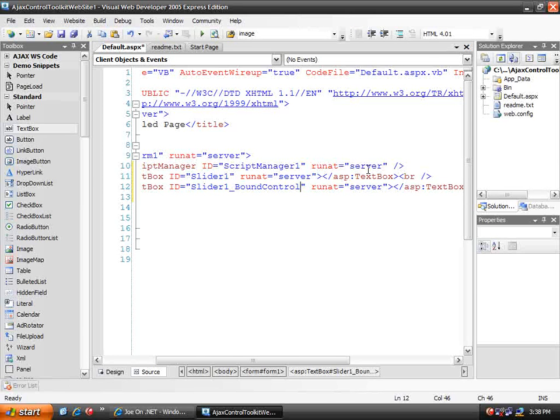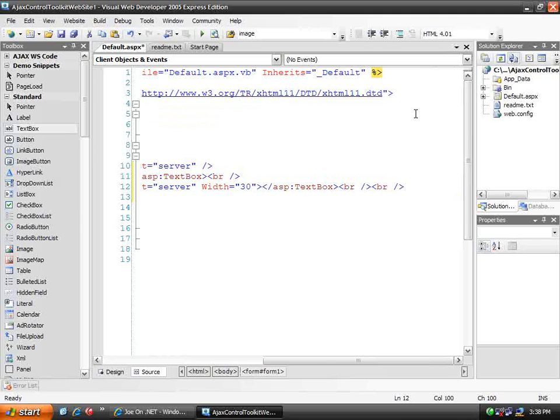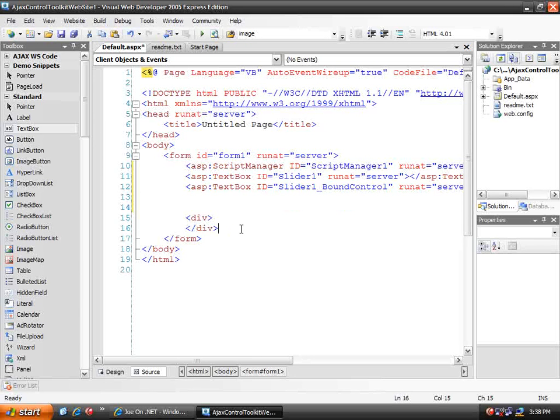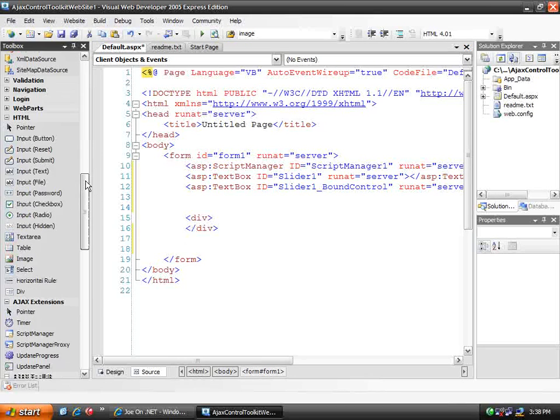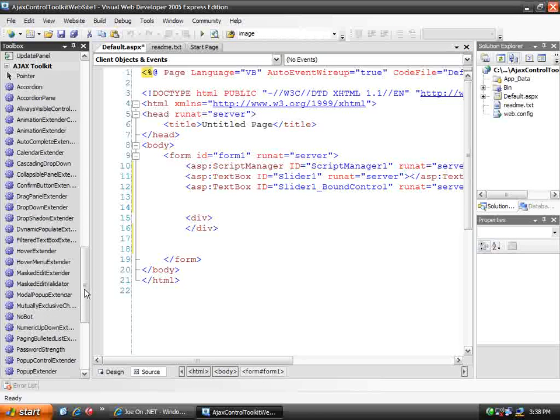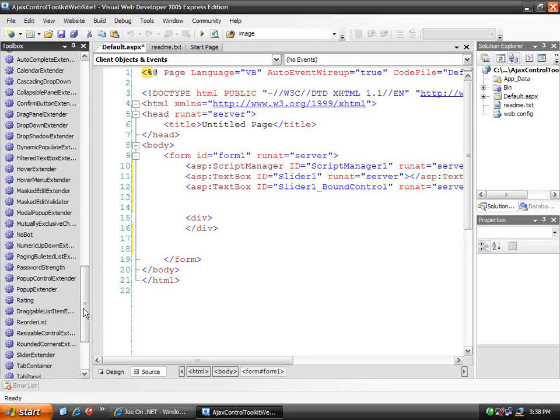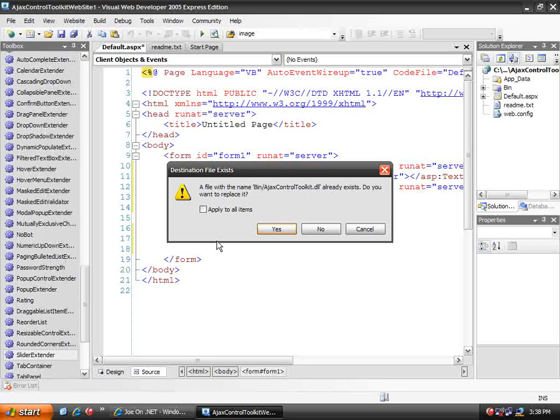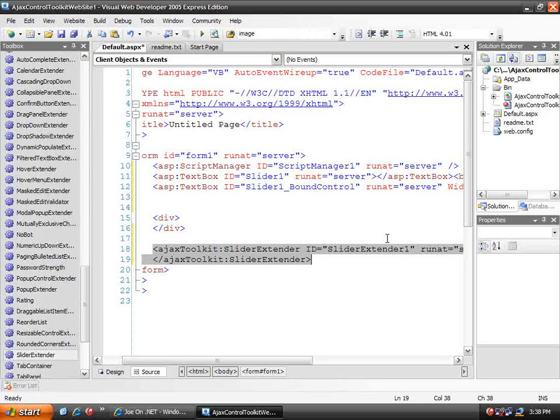And we'll also specify a width property, and we'll just give that a width of 30. And now we can go over to our Ajax Control Toolkit tool tab that we created from the assembly DLL file, and go down and grab a slider extender, drop one of those onto the page,